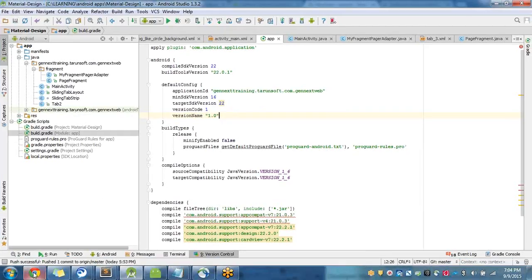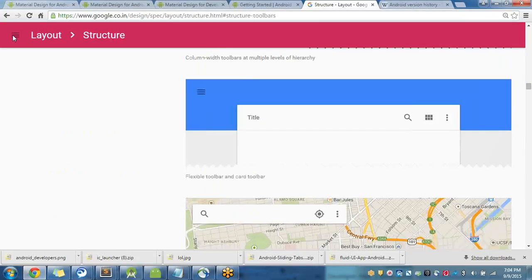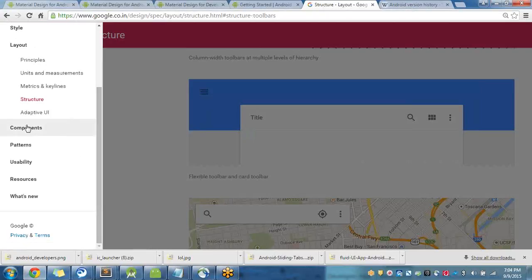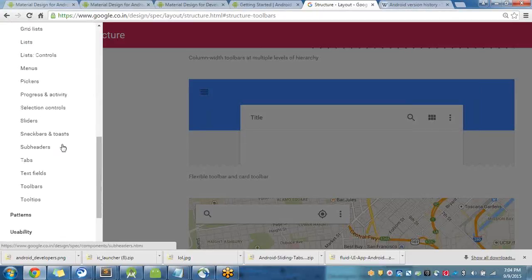There are a lot of features which were added in Android material design. You can go through this link and see all the different components which were added. New layouts like card layout, toolbar layout, dividers, grid list, tab layout.